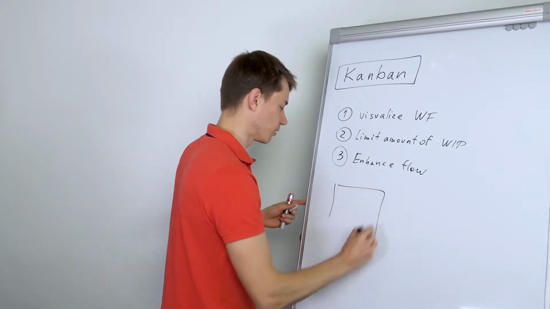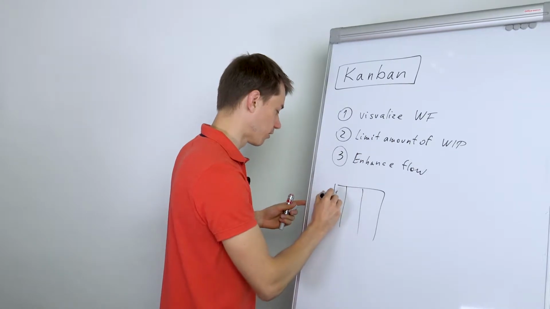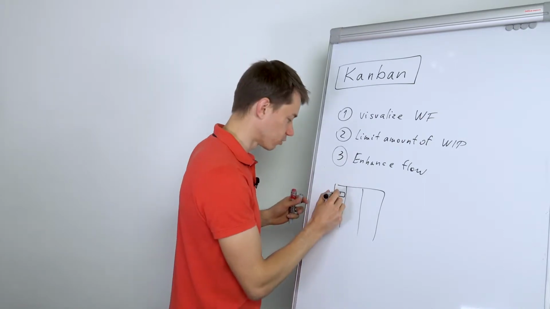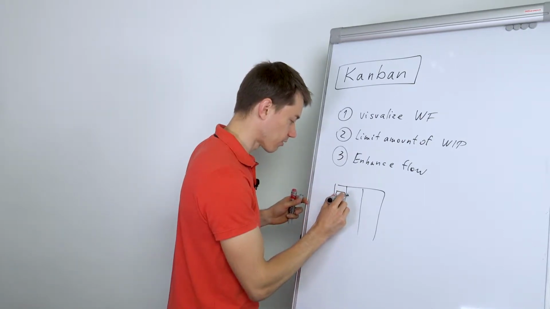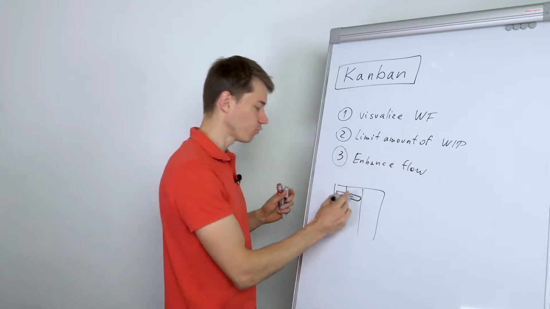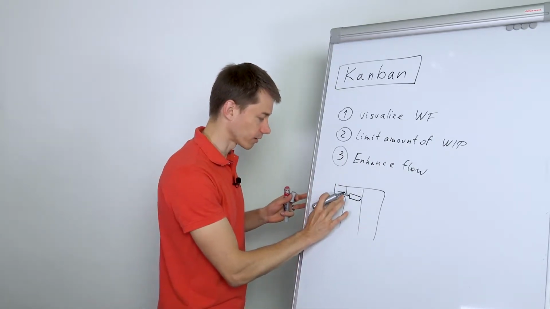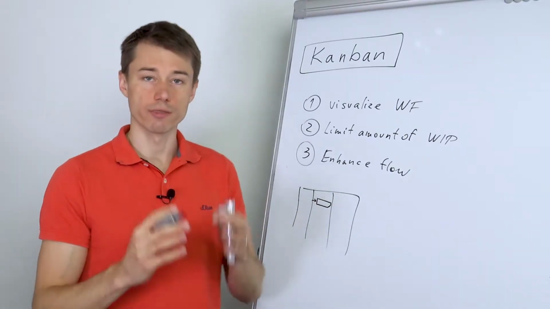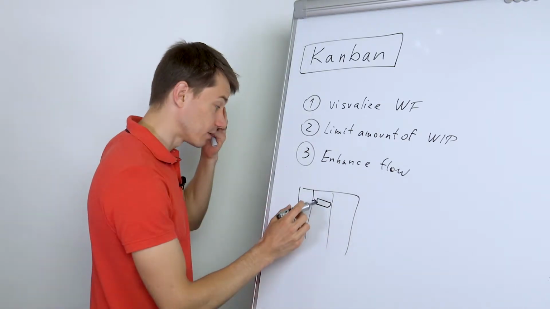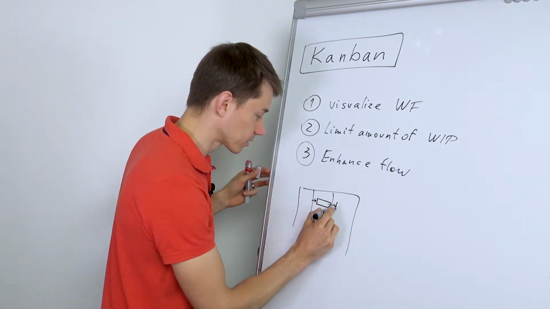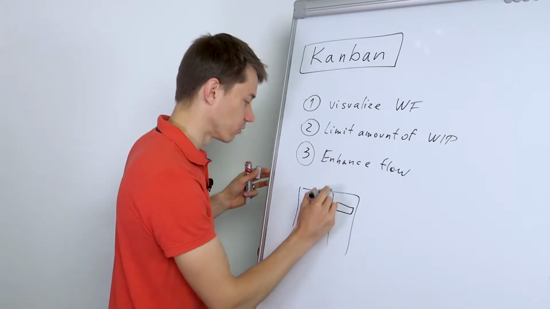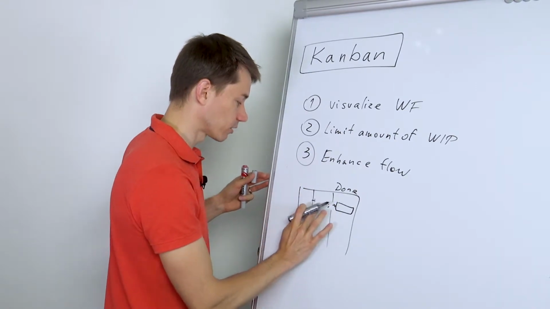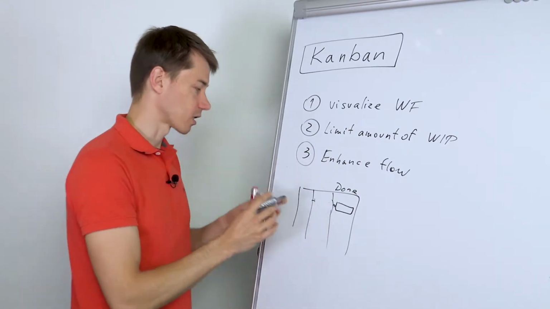So if this would be a basic Kanban board, you have a task here, and then as soon as, for example, it is in progress, a developer starts working on that task, then he or she moves it from one column to another. So it disappears in the first column and it appears in the second column. And as soon as the developer finishes the task, then he or she moves the task in the board to the status done. So this is a very simple Kanban board, and you can see how it visualizes the workflow,